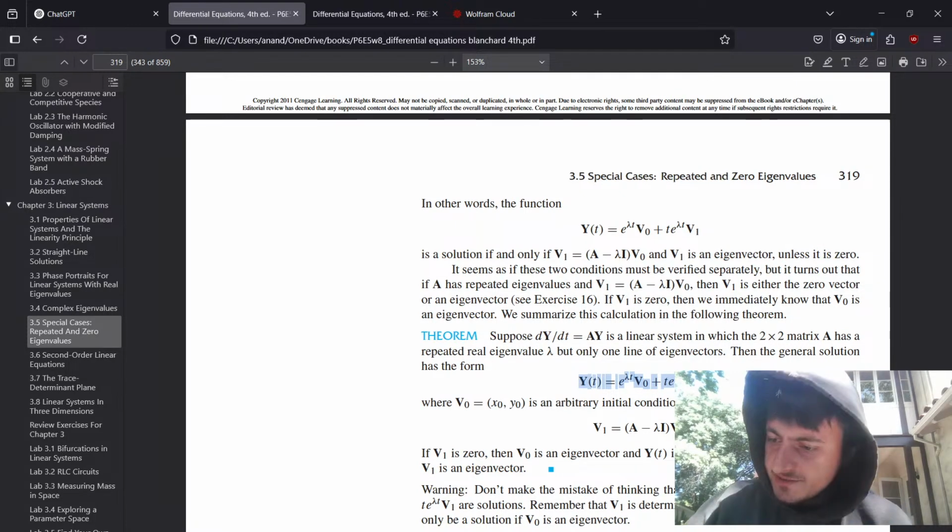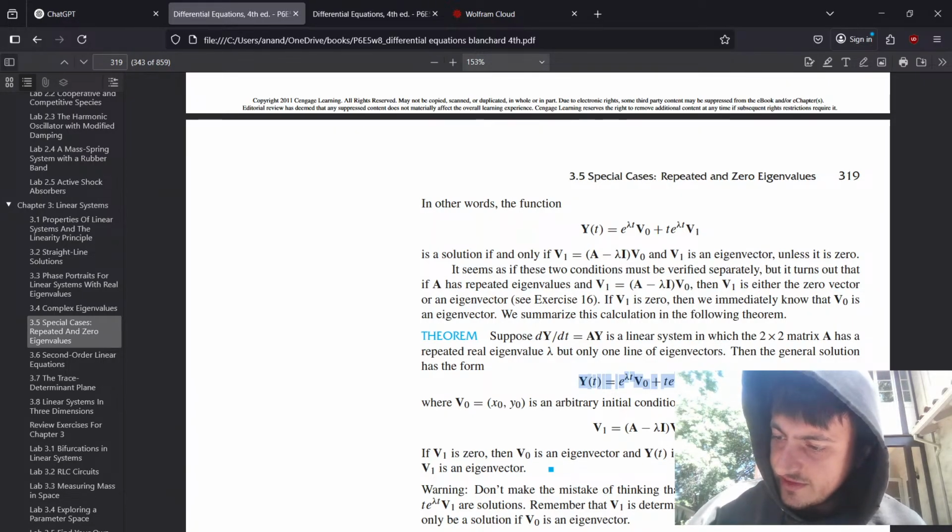So the theorem is, if for y prime equal to Ay, A has a repeated real eigenvalue and one line of eigenvectors,